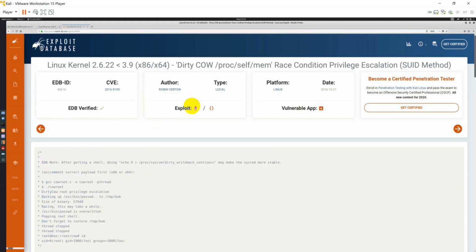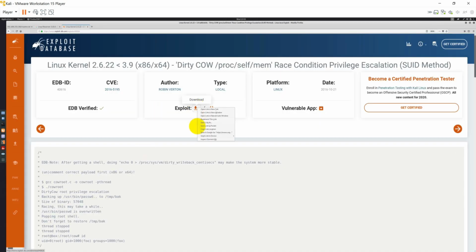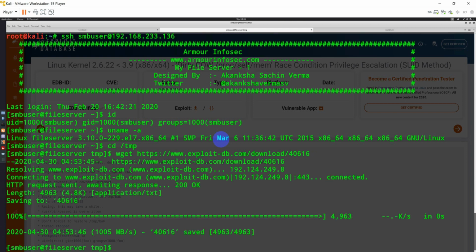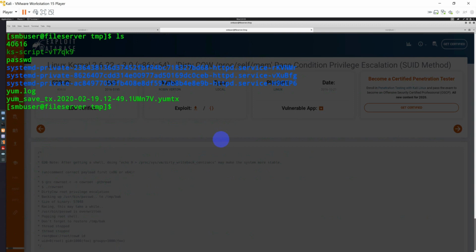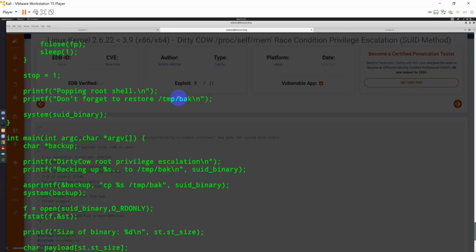So now let's go ahead and download this particular exploit and keep it inside our server. I'll open my terminal. Always remember, you should always go to a temp directory and then do the downloading and uploading, right? So I will go into the temp directory, and then I will say wget. Let me copy the link location properly. Cool. Then provide this file and press enter. So it has downloaded. Let's see whether it is there or not. Okay, so cat 40616. This is the exploit code. You can verify it again.